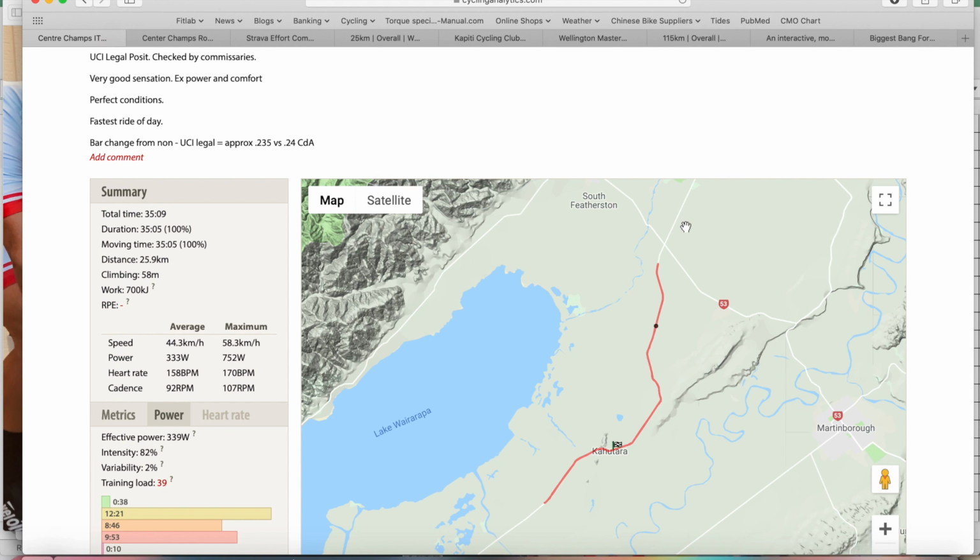numerous dimensional rules set by the UCI, the international cycling federation, various measurements, and they do have a little jig or a drawing at the event to check your bike. My bike fitted just fine. I figured it out and made the changes. See my previous video or look online for those details if you need to check your bike ahead of Nationals